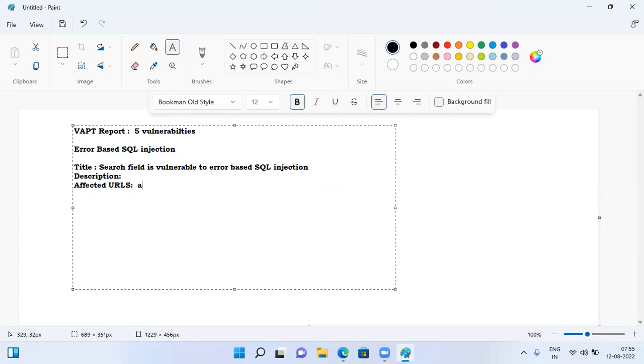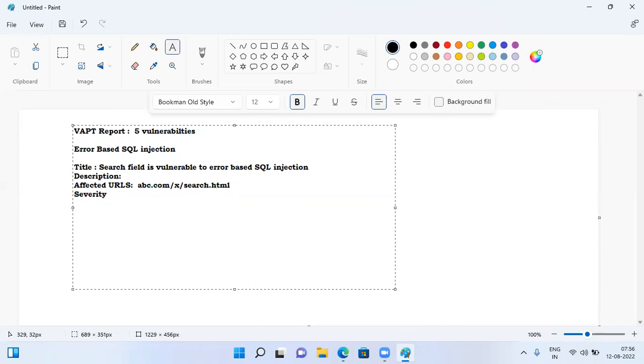Just for example, abc.com/something.aspx/search.html, something like this. A search page, something pointing to the search page. The exact URL you need to put. What next? Affected URLs. Then